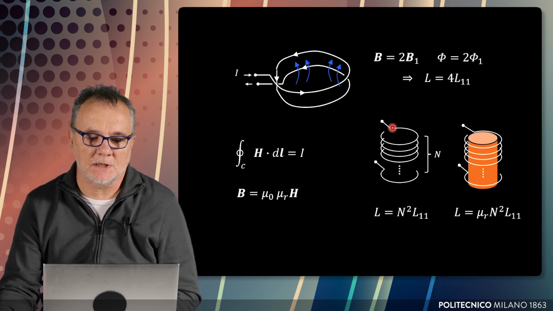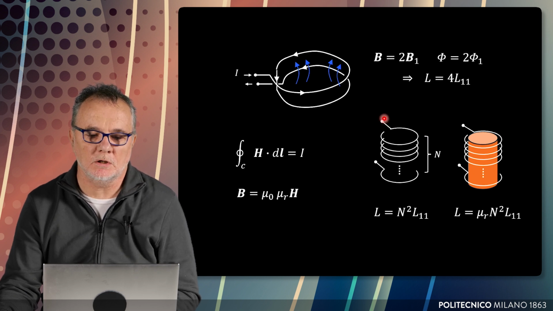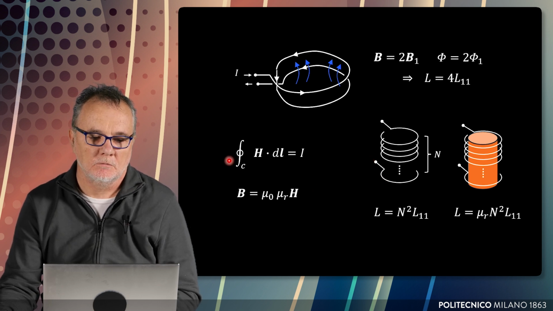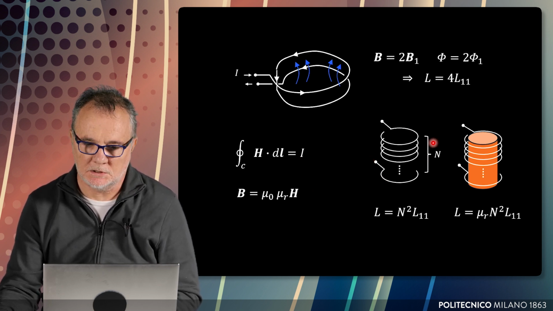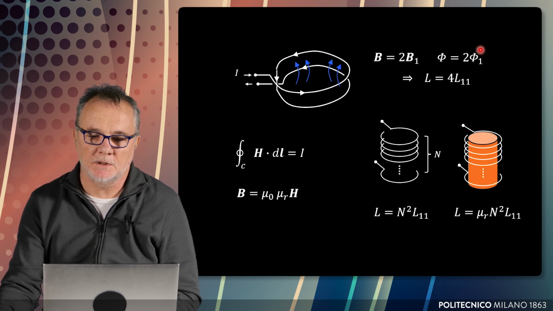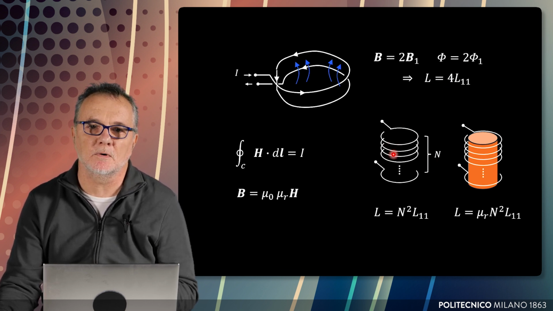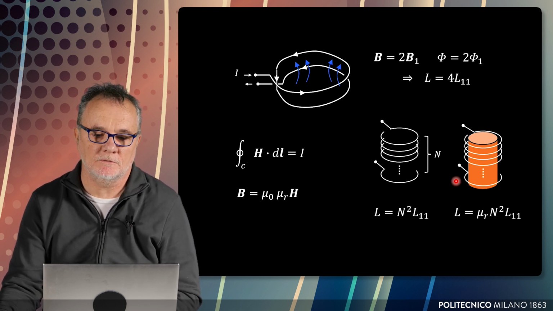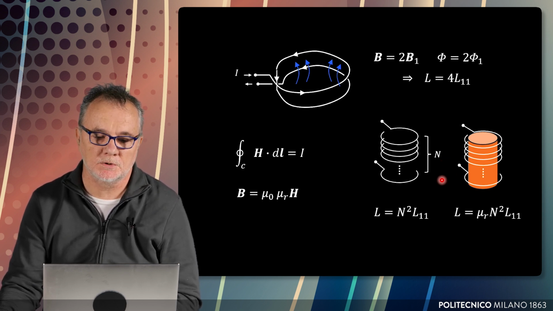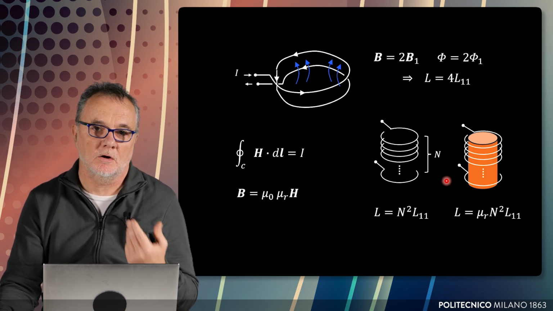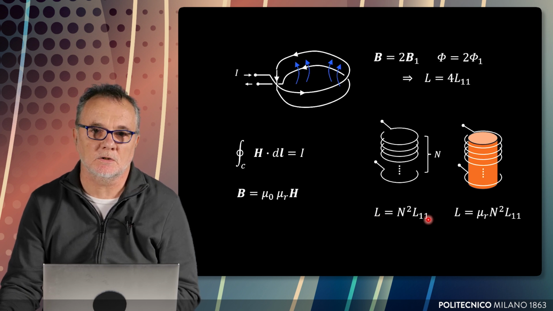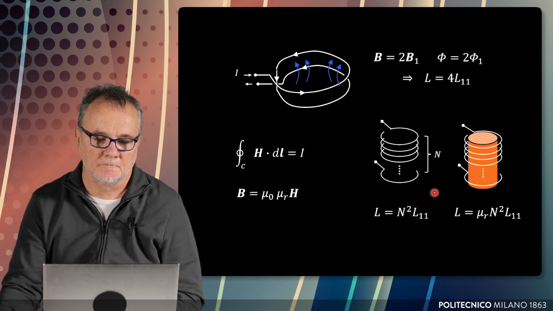Now, let's consider a system of n loops on which a current I flows. Current flows, and exits from the other wire. What we know is that we have n loops, and from the previous expression, since the field is the sum of the different fields, and therefore the flux through a single loop is the sum of the different fluxes, the flux through the whole of the n loops is related to the flux of the single loop by a factor n squared. And the inductance related to the inductance of the single loop is n squared.